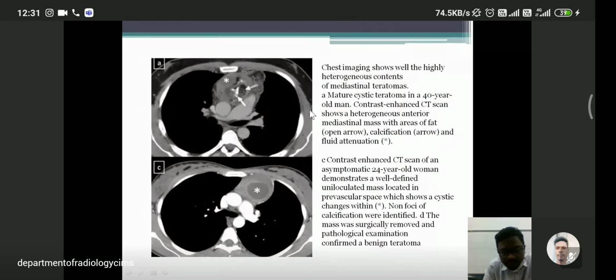Again, this cross-sectional image of the CT scan also shows there is a mass lesion with multiple different components. This is the fluid area, this hypodensity or the blackish area represents fatty tissue, and there is a hyper-attenuated or hyperdense lesion, which represents a calcification. So this was the case of the teratoma. However, not always will we find such cases. In this case, this is the case of the teratoma. However, only fluid density is seen.